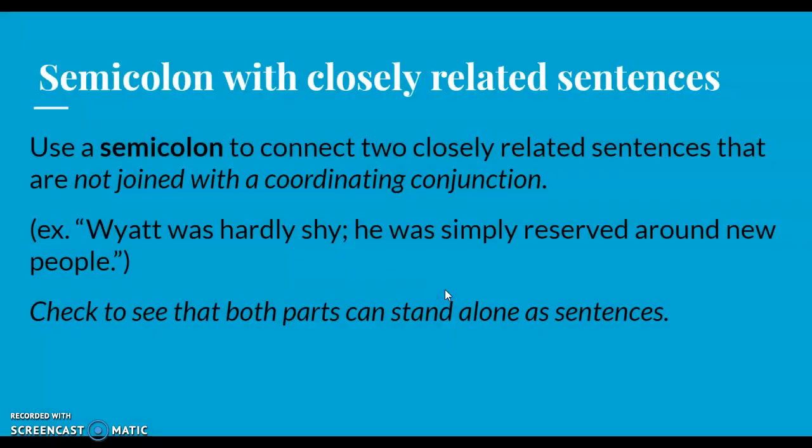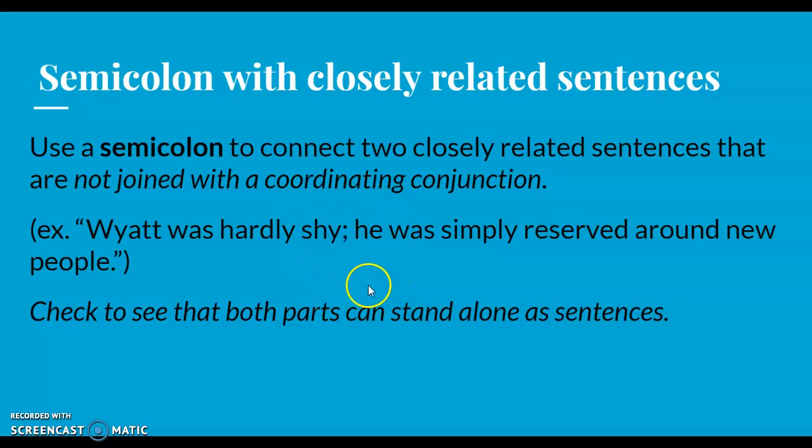On to a semicolon with closely related sentences. If you have two independent clauses where each one could stand alone, but you want to show that they're closely related to each other, then you can use a semicolon. So here, Wyatt was hardly shy, could stand alone. He was simply reserved around new people, could also stand alone, but they are related, and so we do a